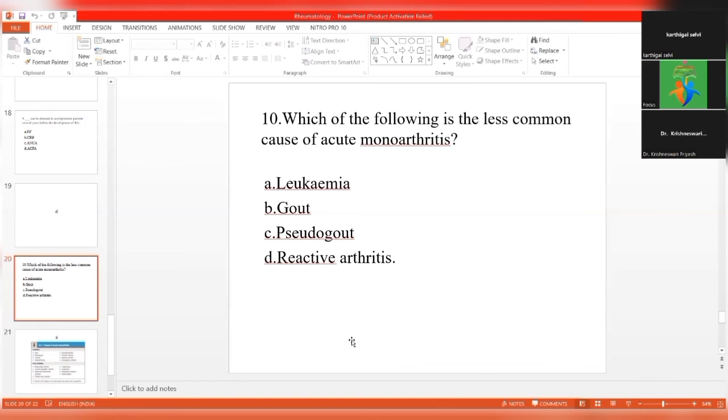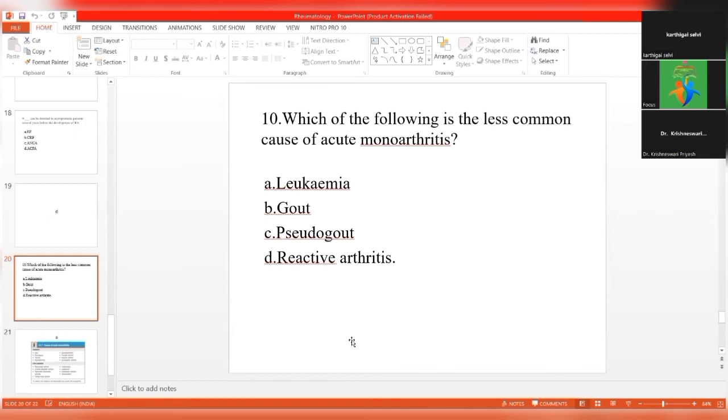With regard to this, we know about Poncet's syndrome, is it not? Poncet's syndrome: there is some disease and it is producing arthritis. What is that disease? It is tuberculosis. Okay, you leave that. Poncet's syndrome is in TB. We'll explain later. So in reactive arthritis, there is some disease process going on in our body and it is producing